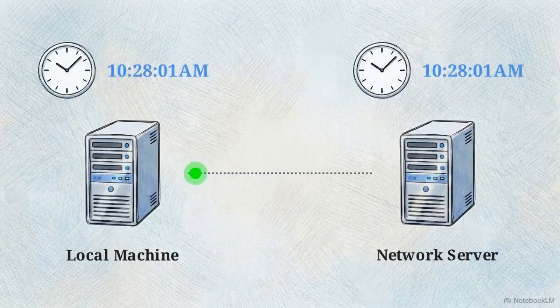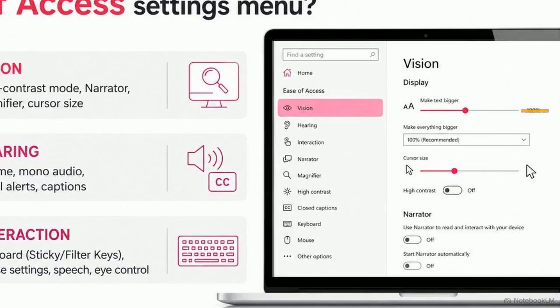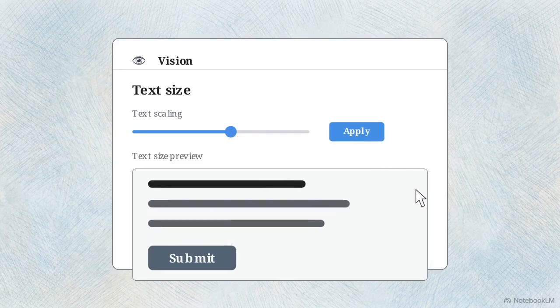Maintaining an accurate system clock ensures that network authentication protocols do not silently fail due to time discrepancies between your machine and the server. Now let's tailor the interface. Return to the main settings menu and open Accessibility, which may be labeled Ease of Access on some systems. Under the Vision section, you will find a slider designed to scale text size across every menu and window in the operating system. Adjusting the slider and clicking Apply instantly enlarges the UI, making it significantly easier to navigate without